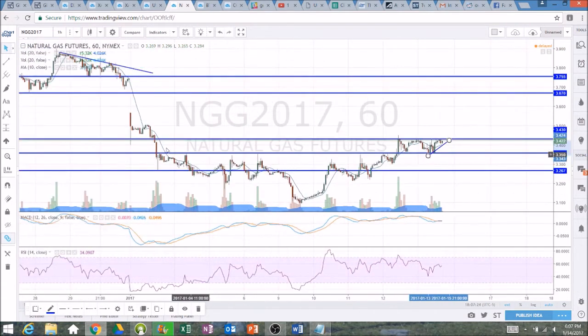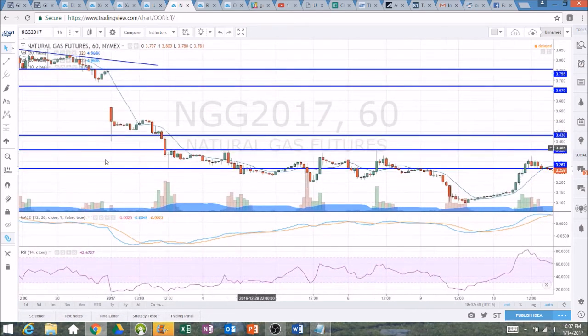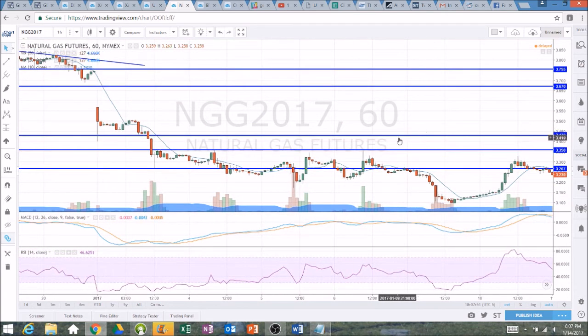So the bulls have made a nice recovery. They broke the lower high pattern, and now they're forming higher lows and higher highs. And if we can get above this new resistance of 345, we're looking up at 350.6 to be exact, as the next resistance. And that level's coming from that gap down open we had and a small bounce attempt. And the high of that bounce attempt is that next resistance we're looking at